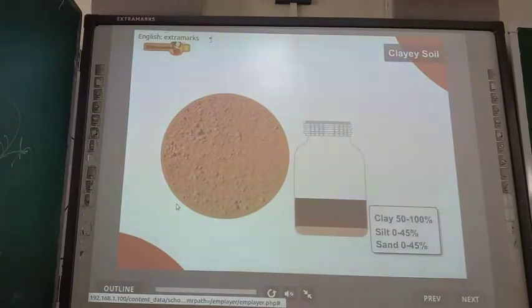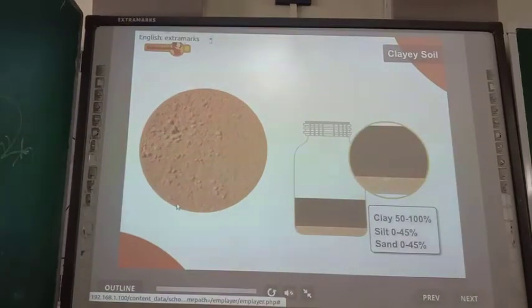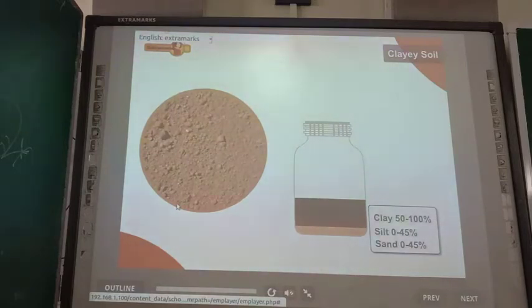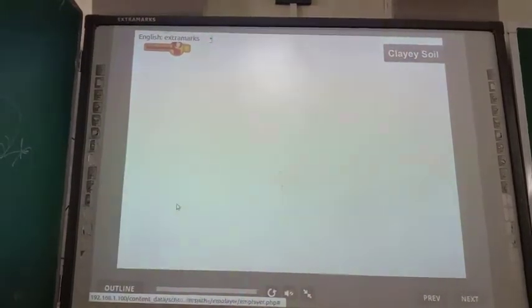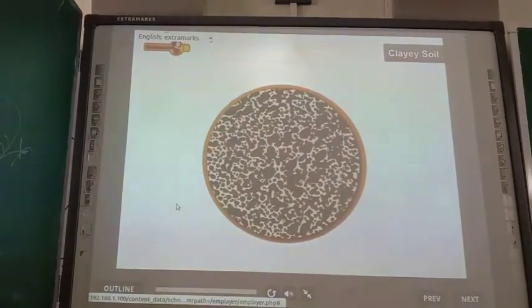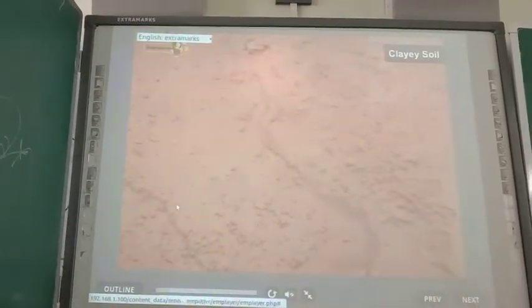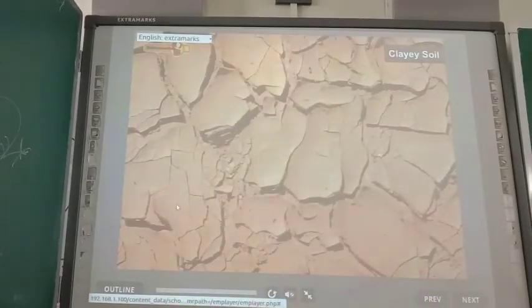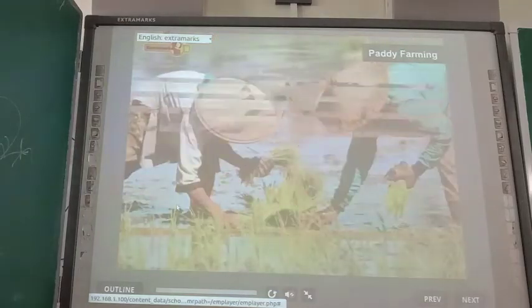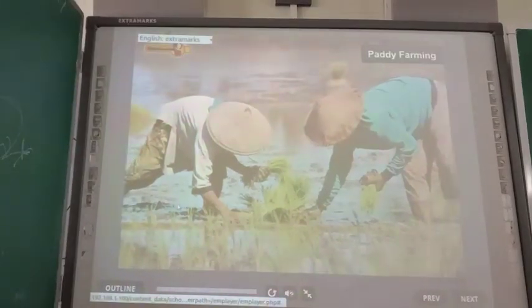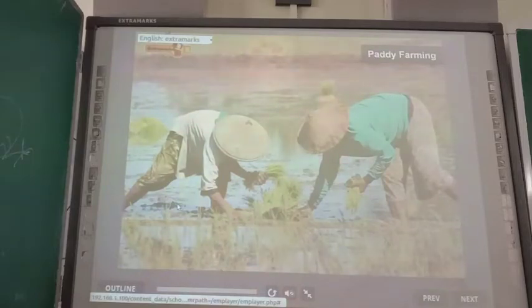Clay soil, as the name suggests, mainly consists of clay particles with very few sand and silt particles. Thus, clay soil has a very fine texture with a little humus. This soil is characterized by very tightly packed particles that retain a lot of moisture. Therefore, it becomes sticky and difficult to plough when wet, whereas in drying, it hardens and forms deep cracks. Clay soil is more fertile than sandy soil and is good for the cultivation of paddy.